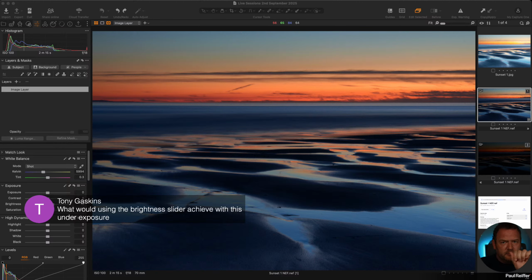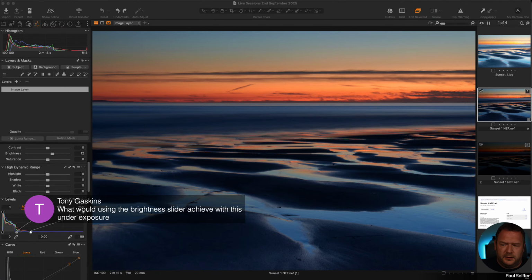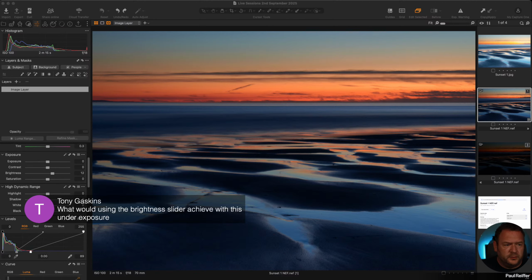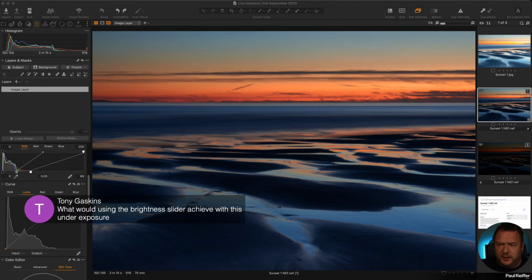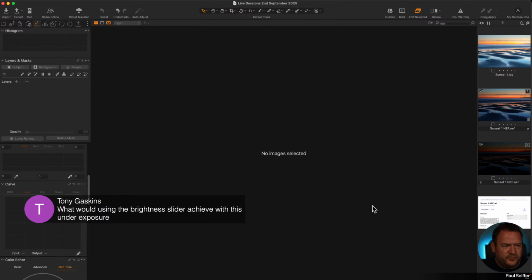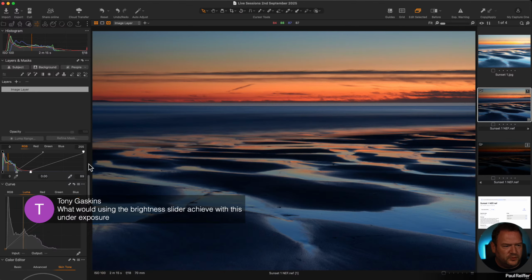Think of brightness like a midtone shift, a little bit like the middle line in your levels tool. Sorry, you can't see that because Tony's comments are there. This line in your levels tool. And you definitely now can't see it because my mouse disappeared. Anyway, for the third time, this line in your levels tool is what brightness is